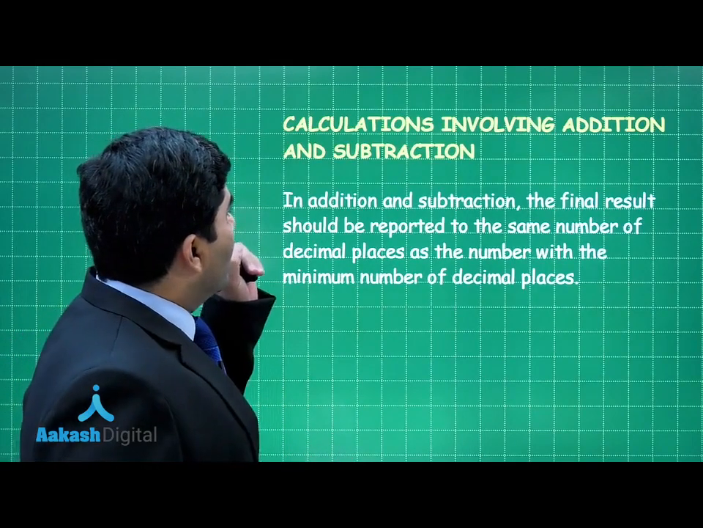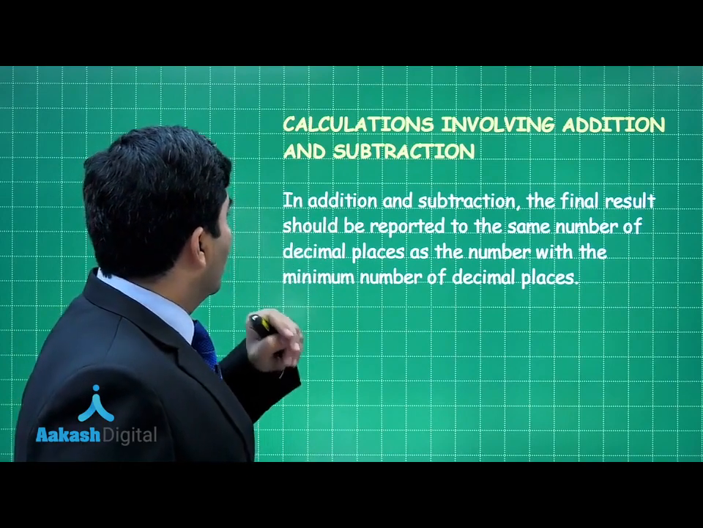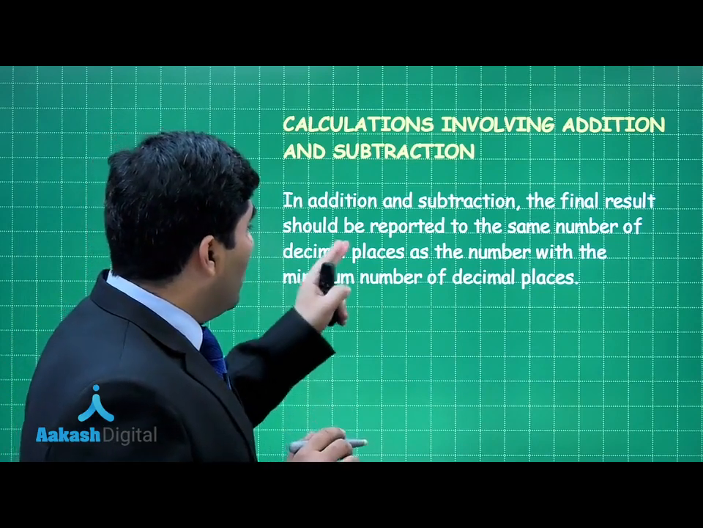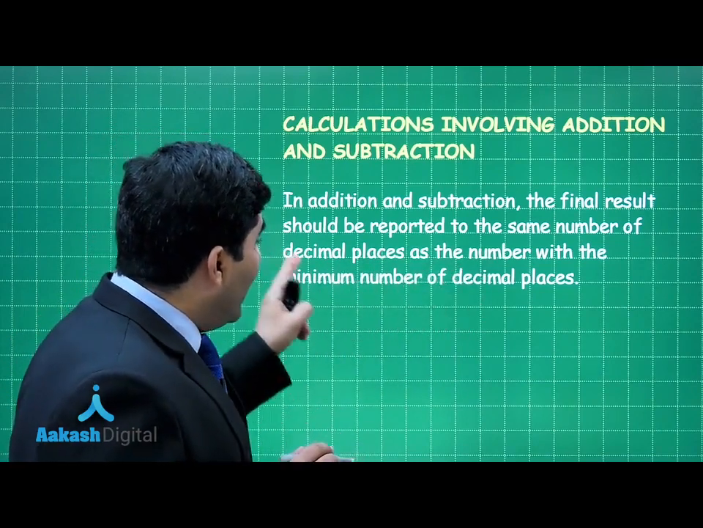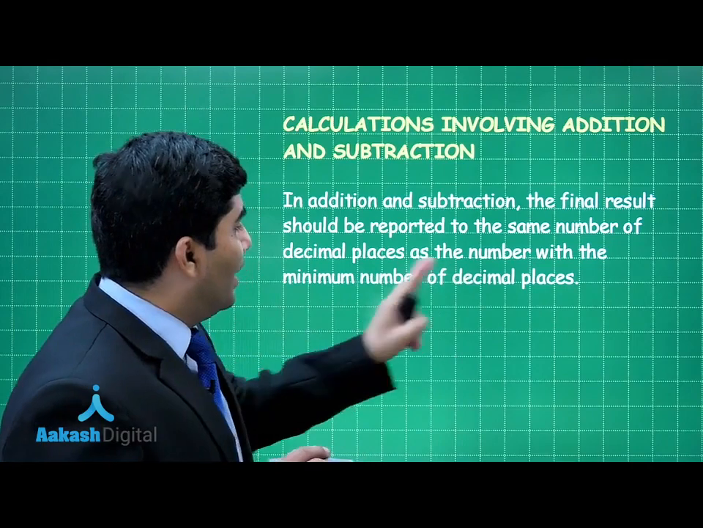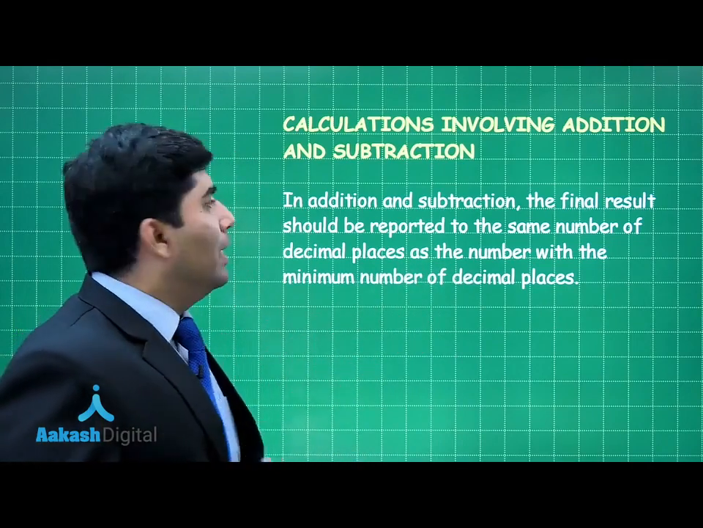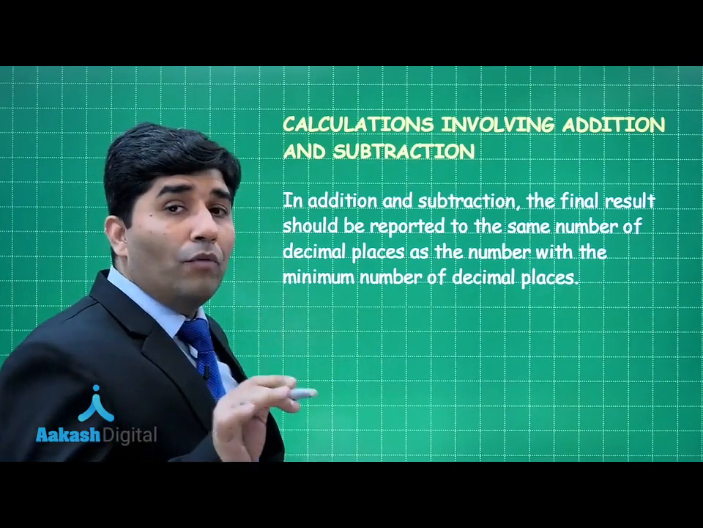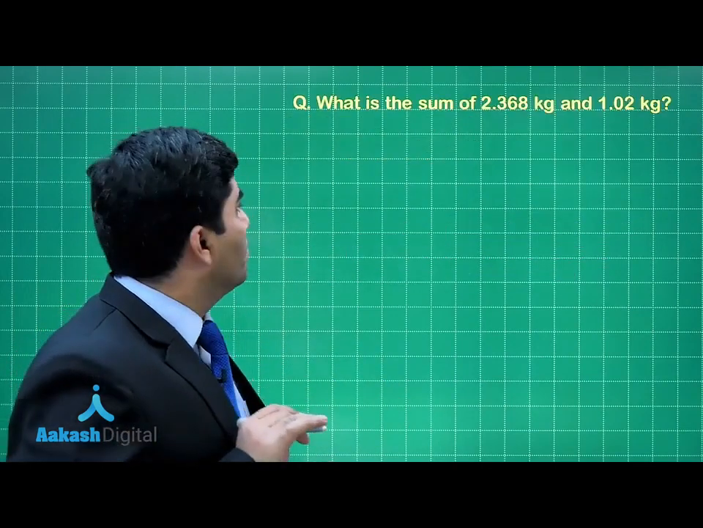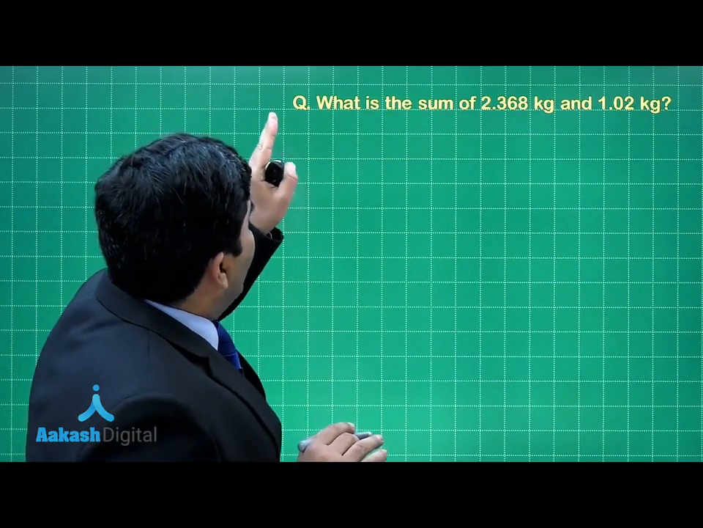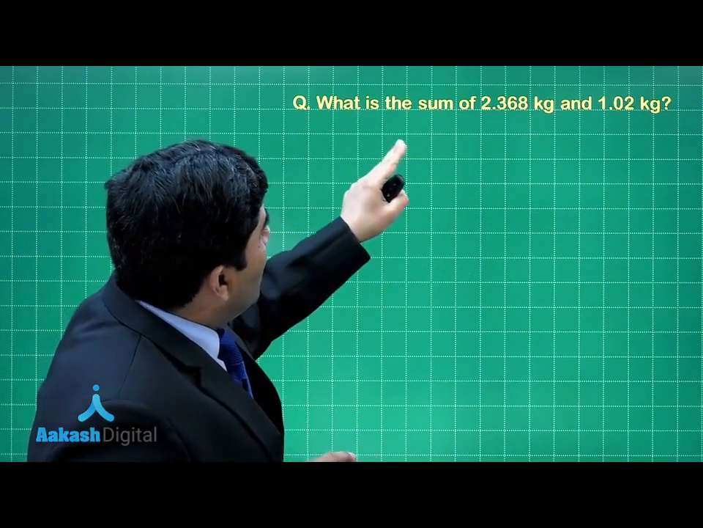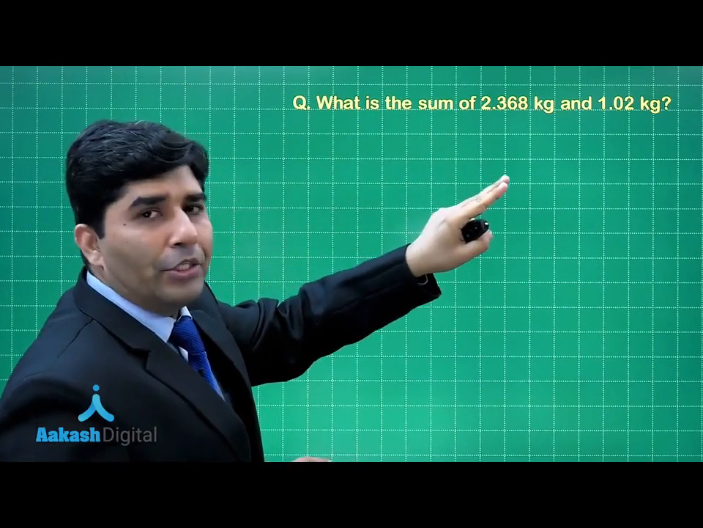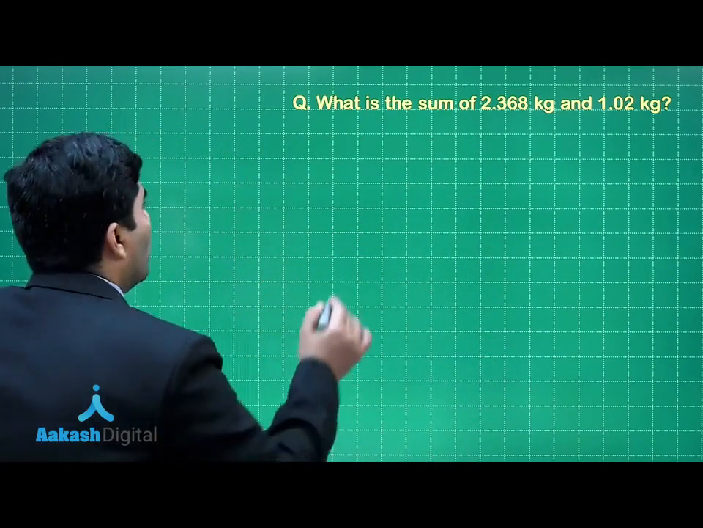Now, calculation involving addition and subtraction. In addition and subtraction, the final result depends on the number with the minimum number of decimal places. What does it mean? We will come to know about this when we solve a numerical. Let's do it. What is the sum of 2.368 kg and 1.02 kg? The solution will be